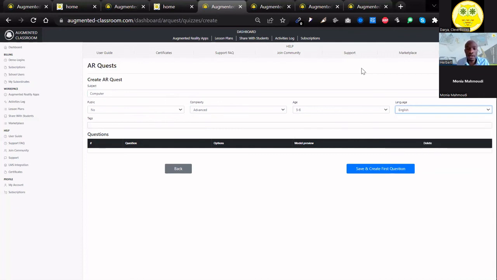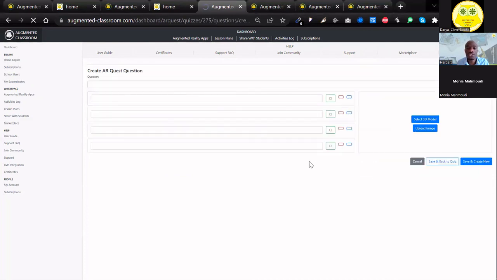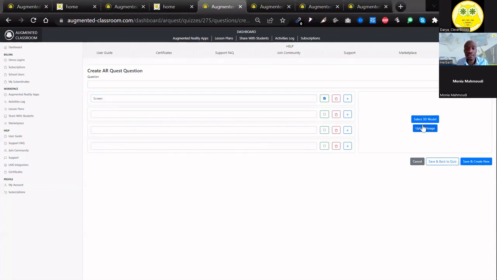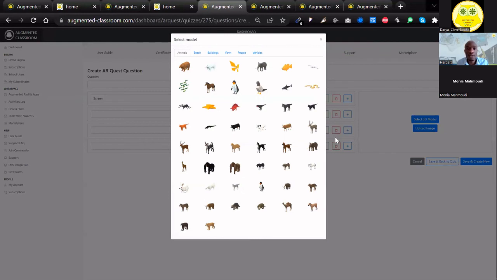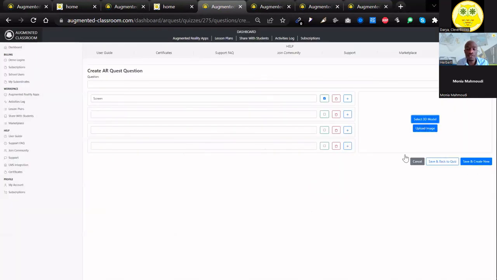Once I've selected all that, the next thing I'm going to start doing is creating my questions. So maybe I want them to learn what is a screen, what is a computer screen. If I can type, that'll be really nice. So, computer screen. Once I've done that, I can put pictures. I can either select the images that we have, we have several images in here, or if we don't have the image, you can actually upload your own images. You can take the images, upload them, save, and then create the next question that you want. For the students to learn this, they're going to start walking around trying to understand what element it is that you want them to learn.